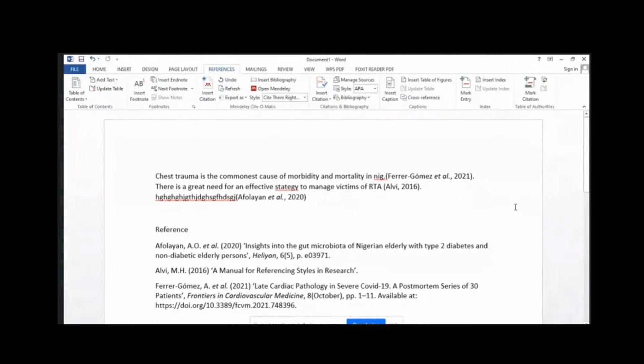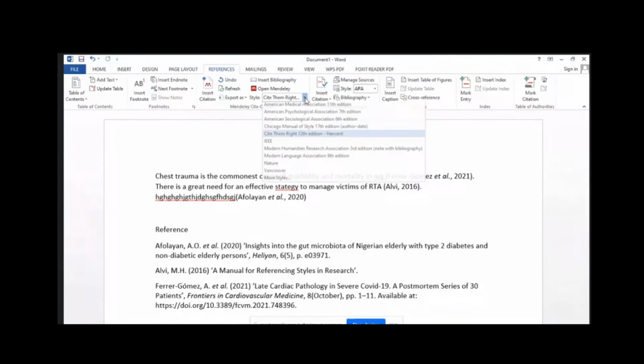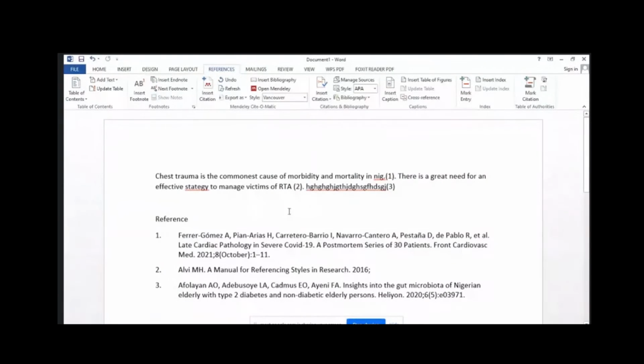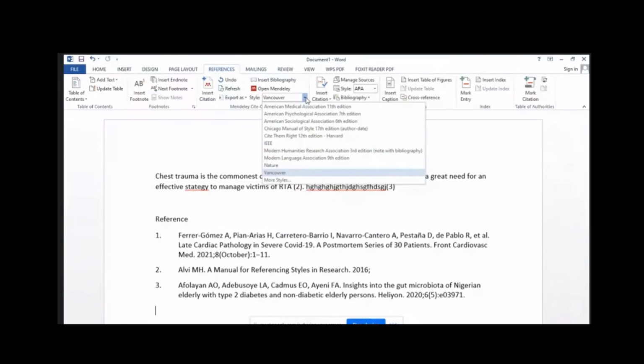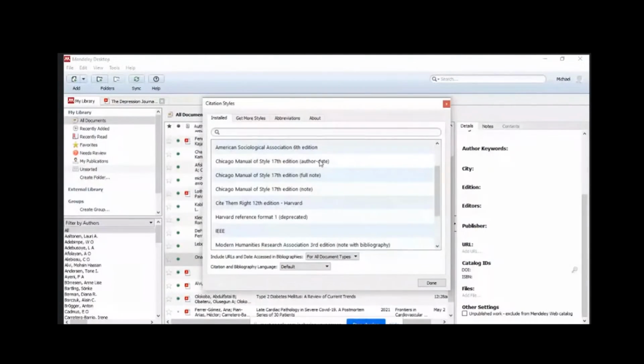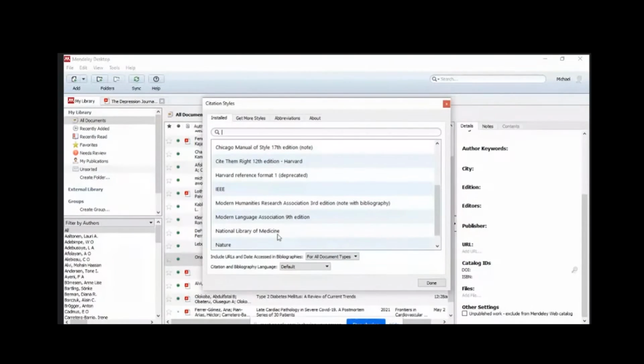Do you get that? No, sir, please can you go over that again? Yes, please. All right, okay. If you want to select a particular reference style and you can't find it here, let me go back to Vancouver. This is Vancouver style, and I wanted to change to Harvard, but I didn't find Harvard in all these lists here. So what you just do is go to more styles. Once you go to more styles, it brings out more styles for you.